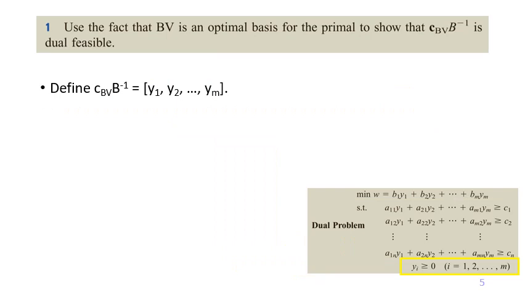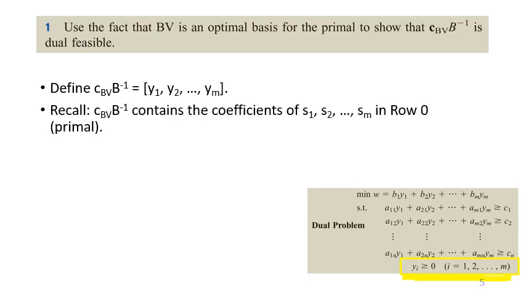Well, there's one more thing to say that CBV B inverse is dual feasible. We need to make sure that the sign restrictions are satisfied. So we go back to our definition of CBV B inverse. We define it as y1, y2 up to ym. And then recall